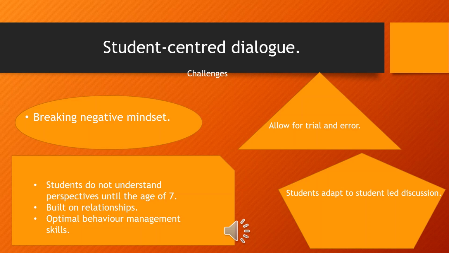The limitations of this research will be the basis of students being allowed to communicate and lead the conversation. Applying dialogic teaching will be effective once there is a strong teacher-student relationship. Furthermore, students do not understand perspectives until the age of 7 and therefore won't understand how to reflect and acknowledge perspective. If this is applied in kindergarten and stage 1, these spaces will focus less on the understanding of perspective and more on the social skills. Lastly, behaviour management skills will be required as students can easily get distracted with off-content discussion.